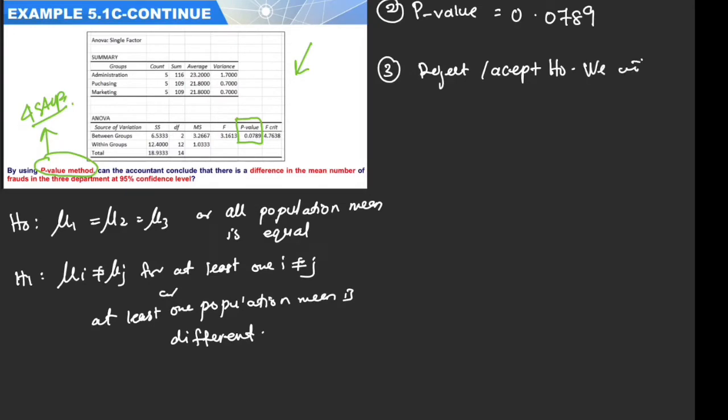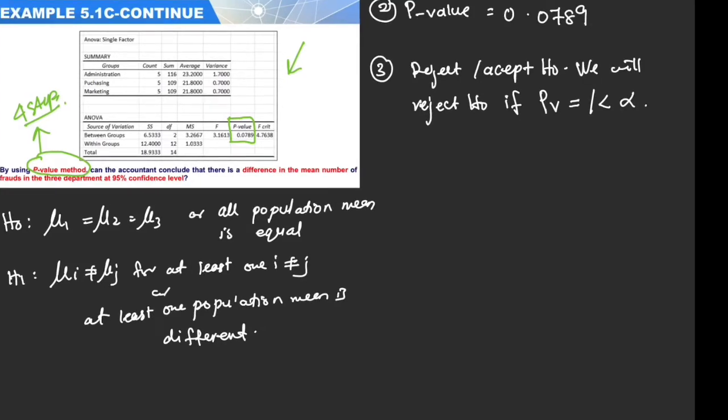We will reject H null if p-value is equal to or less than alpha. So look at our p-value. Since p-value is equal to 0.0789,